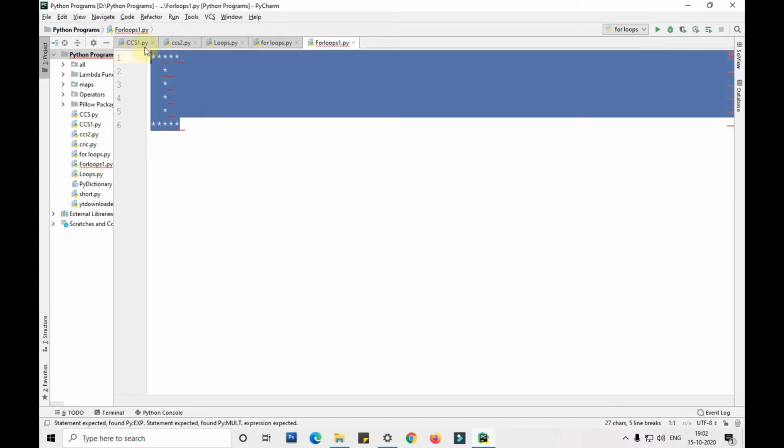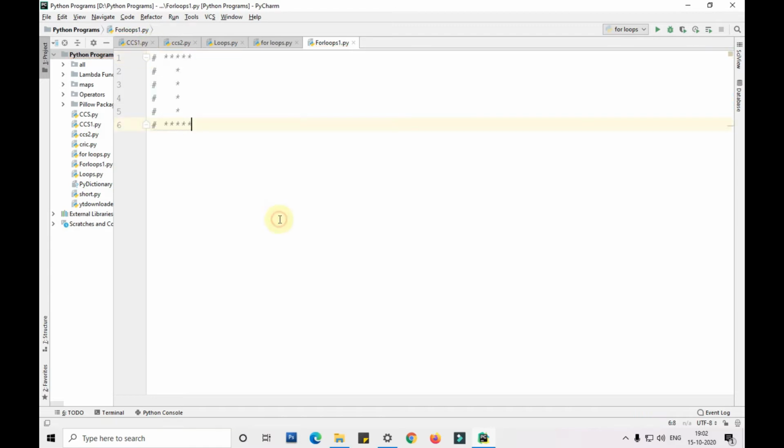So I want to print letter I like this using for and if condition. So if you don't know about for and if condition, how will you print? You'll use the print function followed by star into 5.